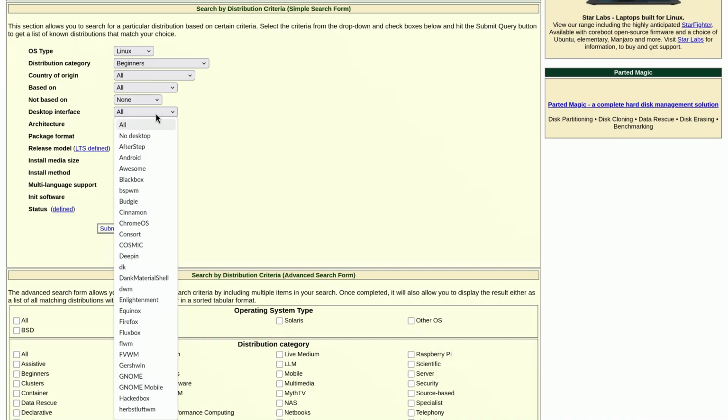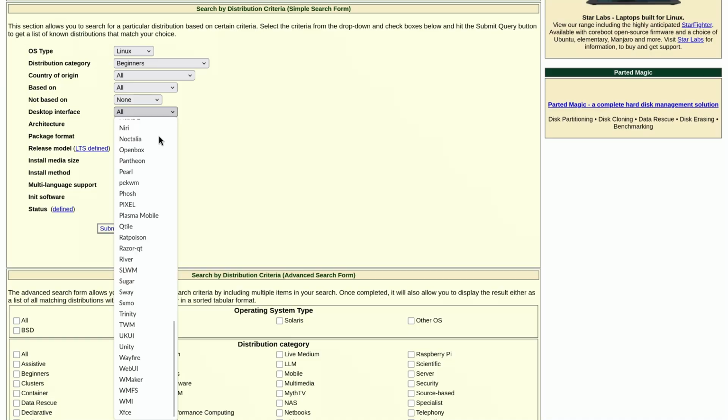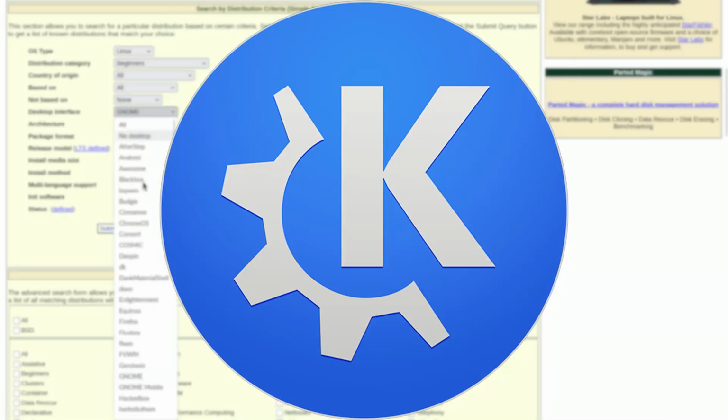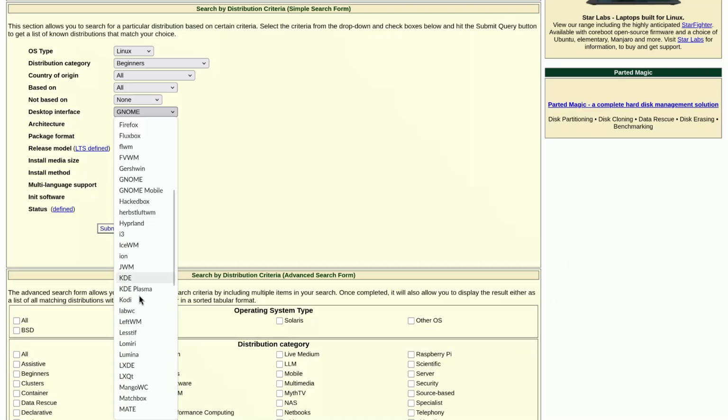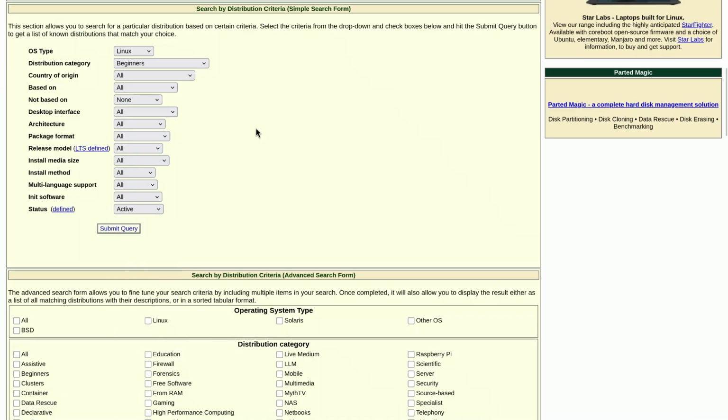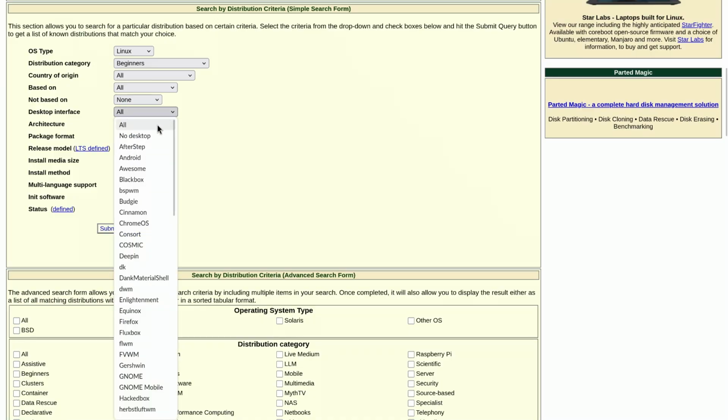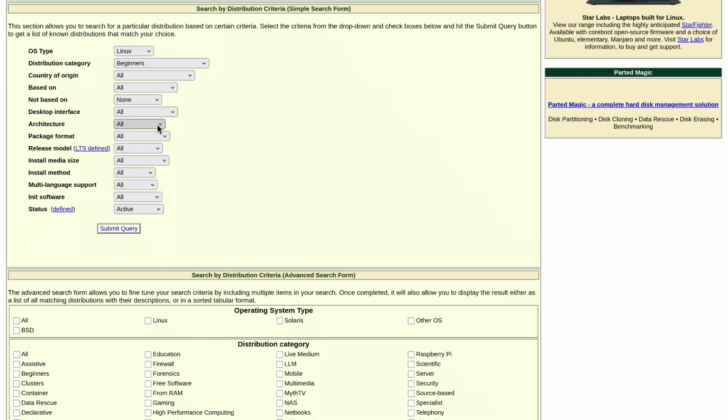Then at number 6, we have desktop interface. Now this can get a bit technical. If you are completely new to the world of free and open source operating systems, options listed here might be confusing for you. So, my recommended advice for beginners is to always lean towards desktop environments like GNOME, KDE, XFCE or Cinnamon because they are designed for ease of use. But if you truly do not have any idea, leaving it as default is perfectly fine. And I will also stick with it to see more varieties in the result.